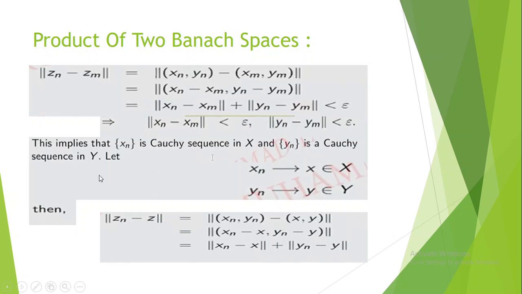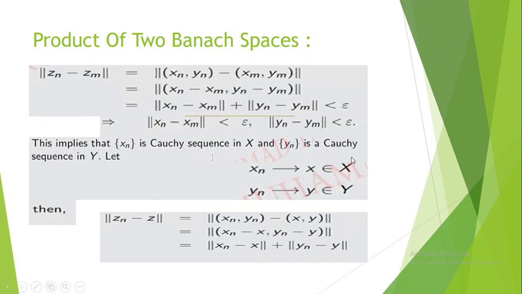Yn is a Cauchy sequence in the complete norm space Y. So now we suppose that, as this is a sequence, it also has a limit, say x, where x belongs to the norm space X. Now the yn is also a Cauchy sequence, so it has a limit, say y, belonging to Y. Now we will show that z also has limit points which belong to the Cartesian product of two norm